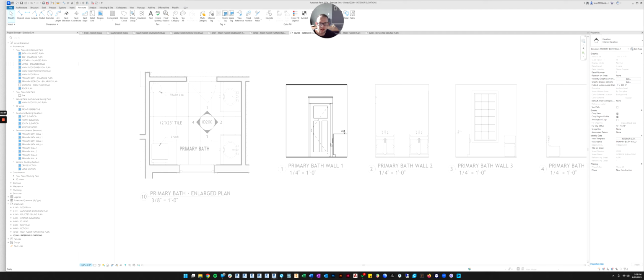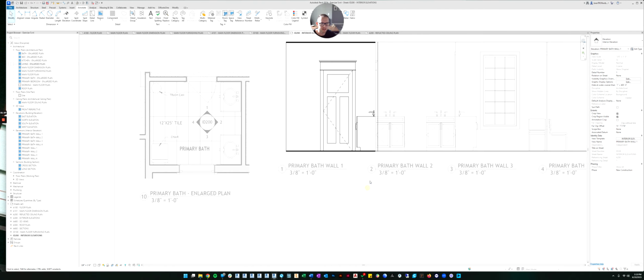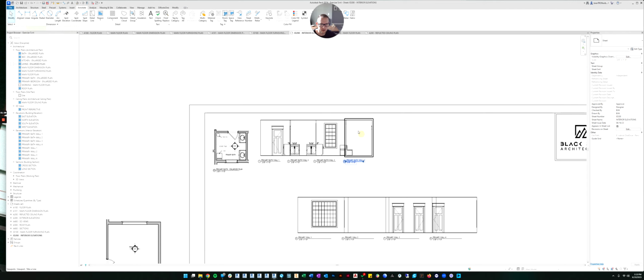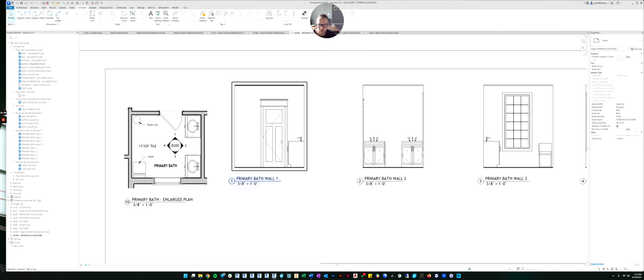we've applied an interior elevation template to these views in the previous exercise. So I can't change the scale right now. In order to do that, I need to go back over here to the view template and click on it. One of the settings in here is the view scale. So let's change that to 3/8 and click OK. And it's going to do that to all of our interior elevations. So now they're a little too close. There we go.